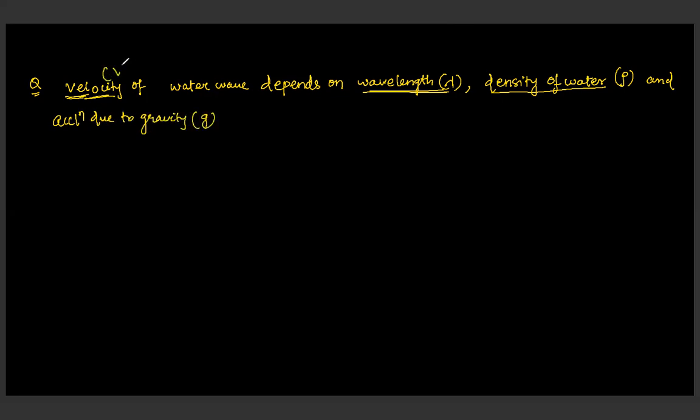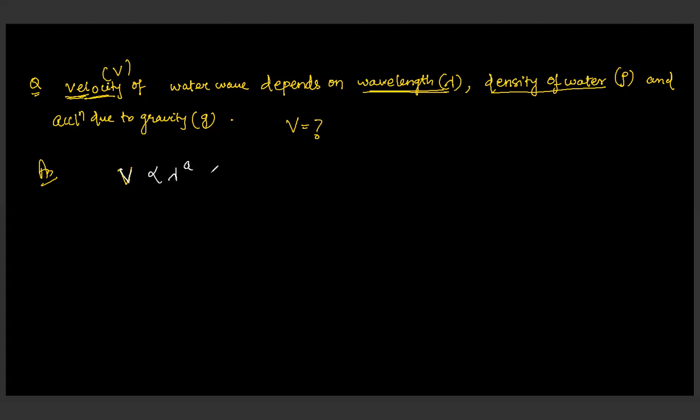We have to find out the expression of velocity v in terms of lambda, rho and g. How does it depend on these factors? If it depends on these three factors, how are they depending on each other? V is directly proportional to